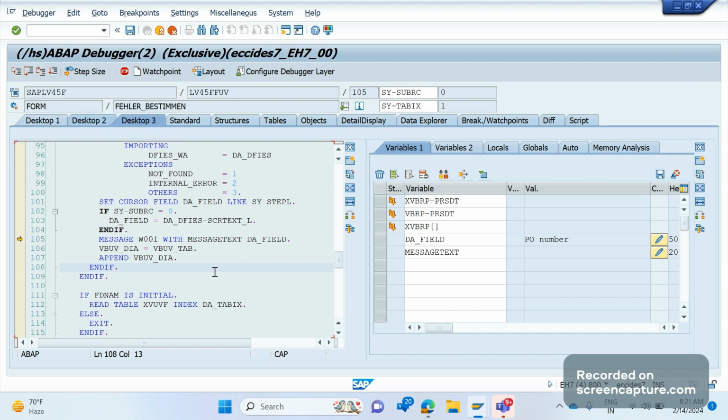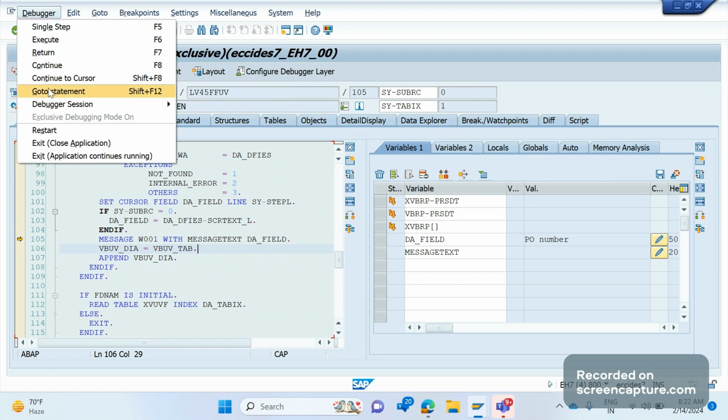First we should put the cursor on the next statement where we want to go. See the cursor here now, the black line. And if I click Go To Statement or Shift F12 on the keyboard,